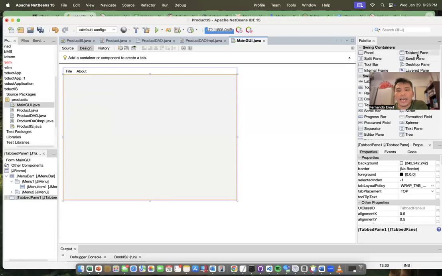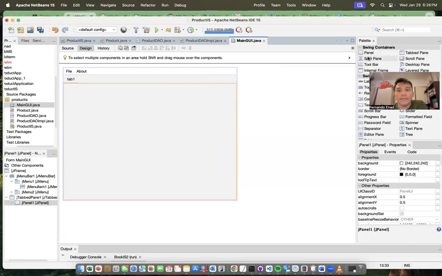What I added is a tab pane, right? So it's just a pane. The pane can be added with multiple panels. So what I can do is I can drag a panel here. If you can notice, it's showing the orange broken line surrounding the panel. So take a look as to what it can do there. It's adding a tab and then I'll add another tab. So when adding another tab again,